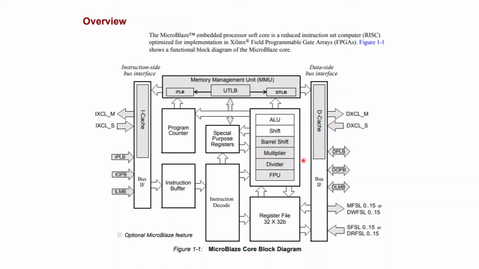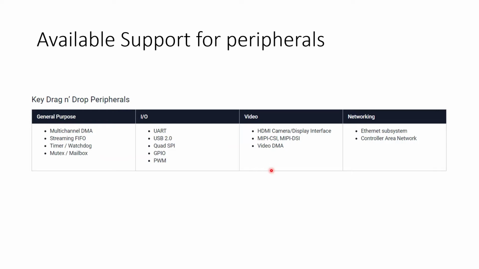The arithmetic logic components. Then you have the program counter, then the instruction buffer here, then the instruction decoder and the register file, 32 general purpose registers, things like that. You have the cache from which the instruction buffer will fetch the instruction. Then instruction decode. It works the same way the regular RISC processor works. That's the general overview.